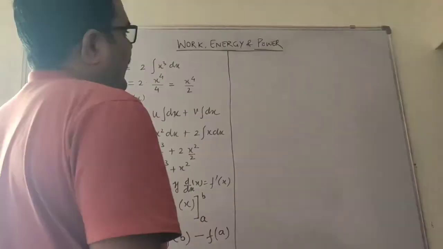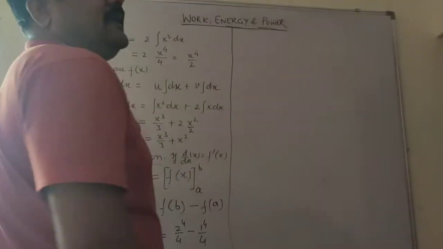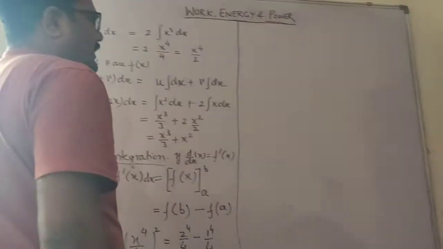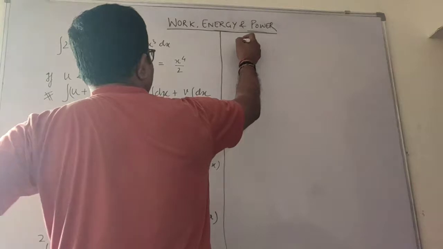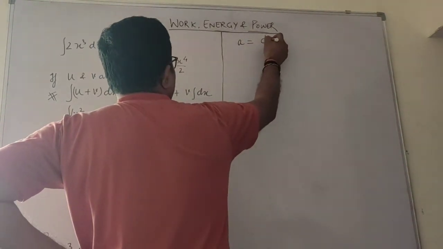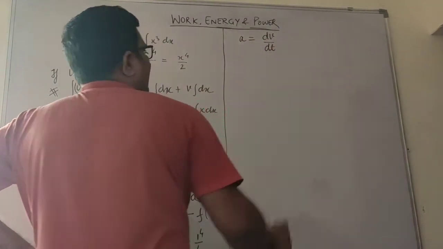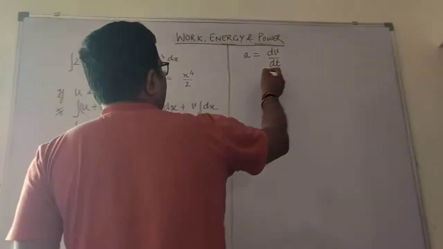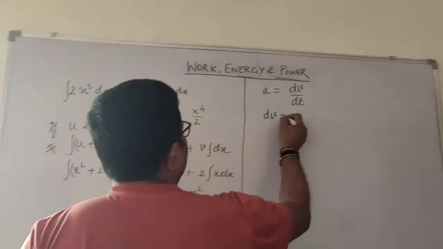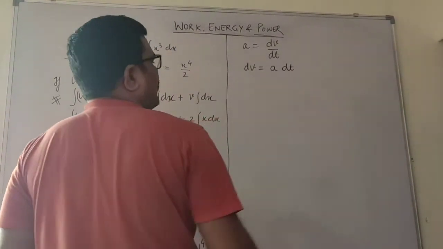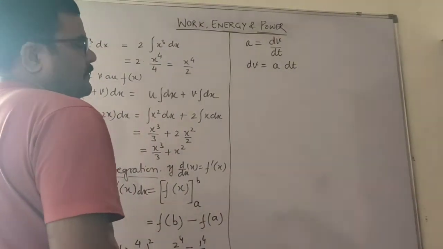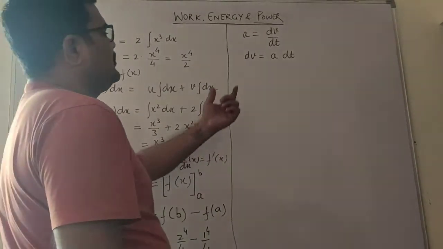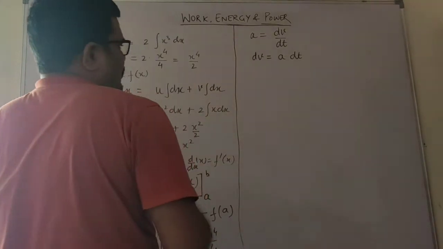Now I am giving you one more example. This is a derivation from motion in one dimension, which is in your syllabus. Now here you all know that acceleration is given by the rate of change of velocity, that is dv by dt. Now here you can write dv is equal to a into dt. All of you can write. Now, because dv is a small value, I have to make it large by integrating.